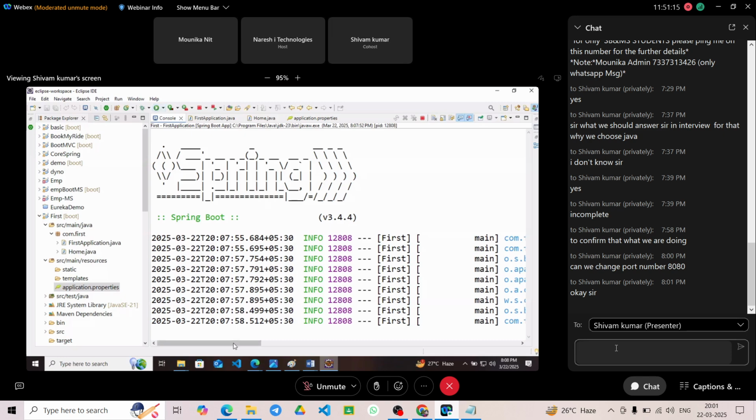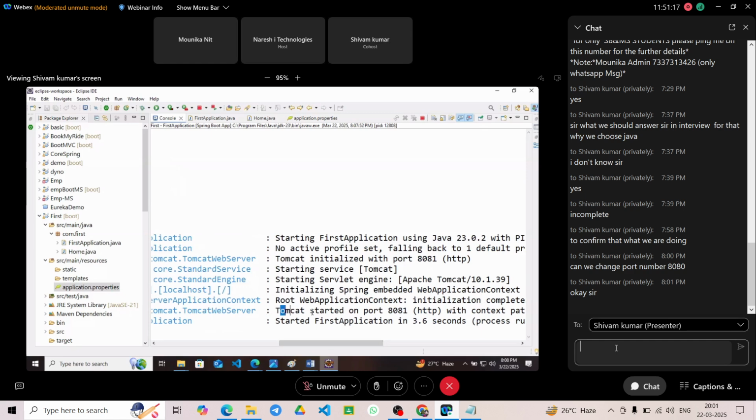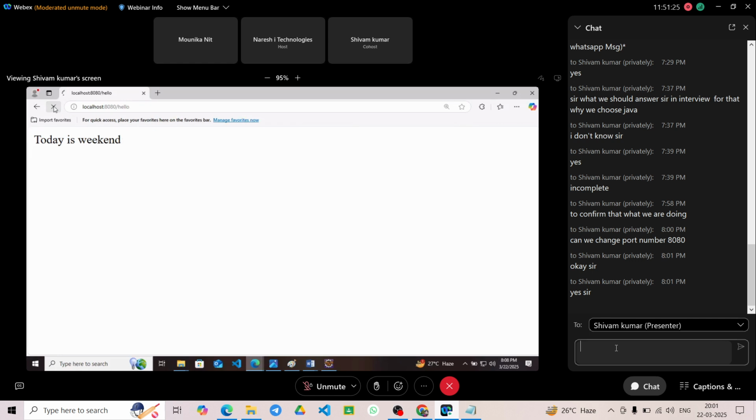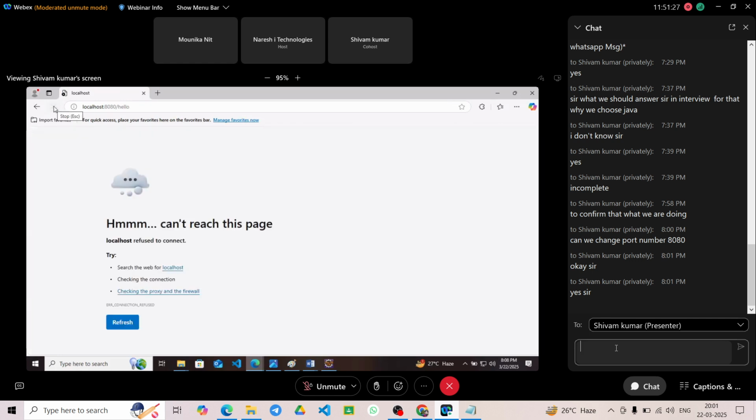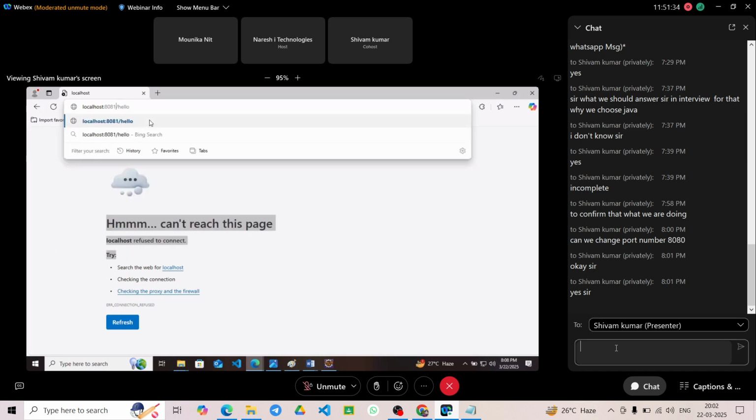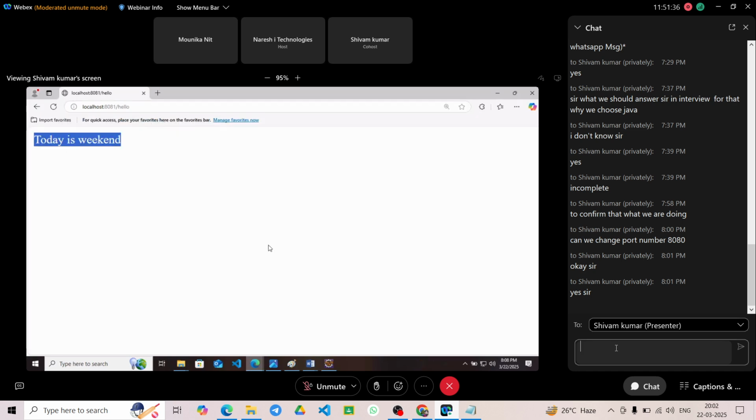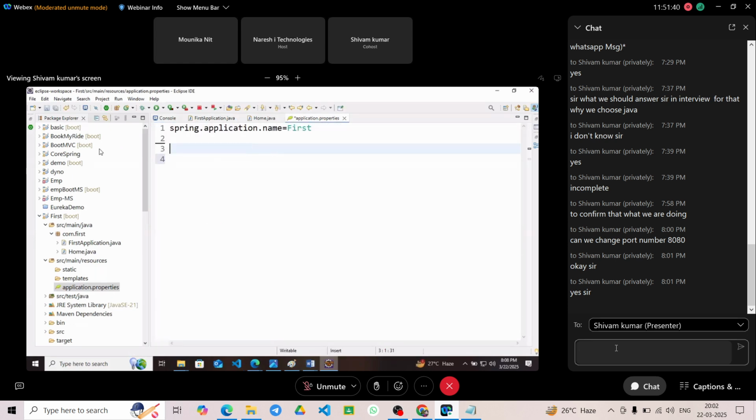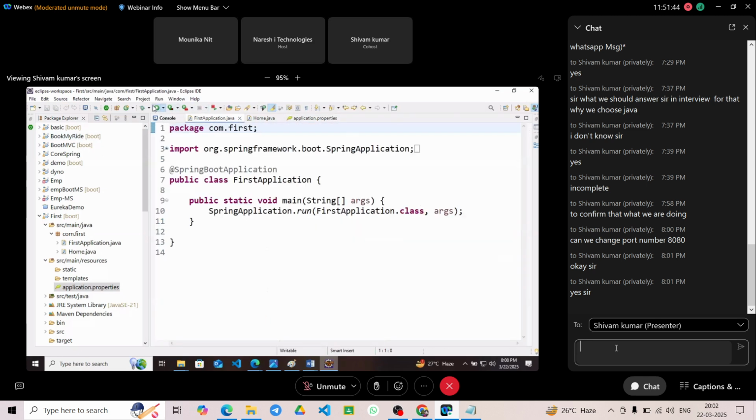Right now, if you check this time, Tomcat started on port 8081. The port number changed. If you are trying to check on 8080, refresh. It says can't reach this page. You have to change the port number to 8081. Today is weekend. Generally, there is a time for teaching everything, so let me do it with my flow only. You can change it, but